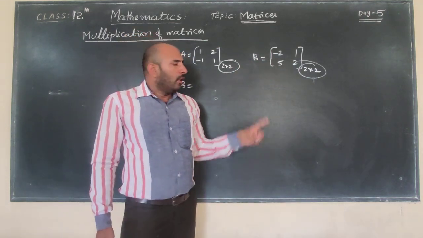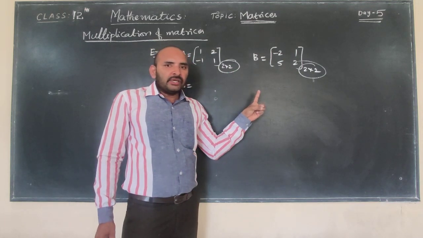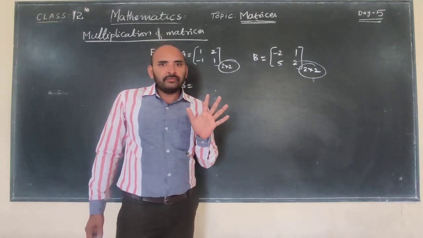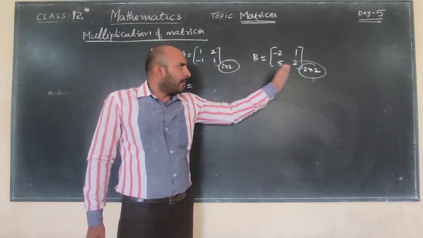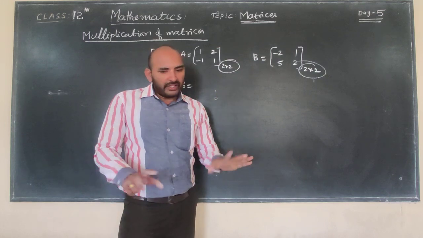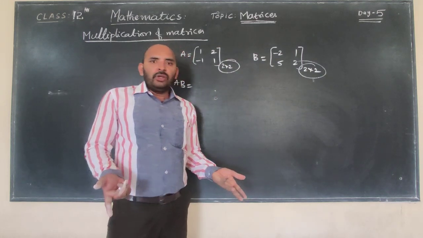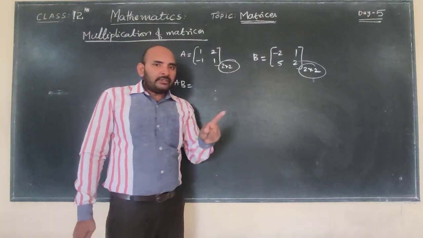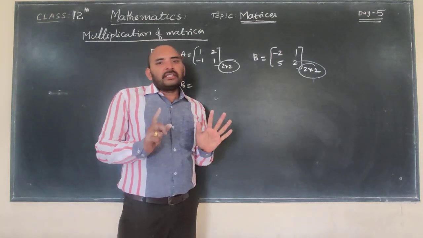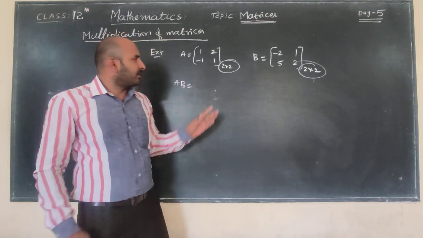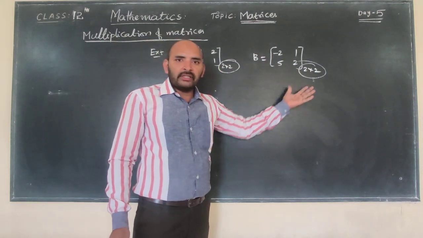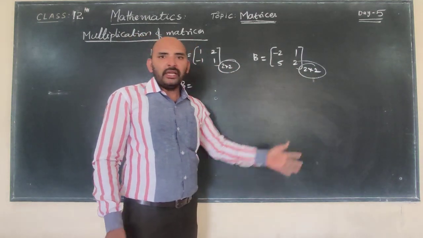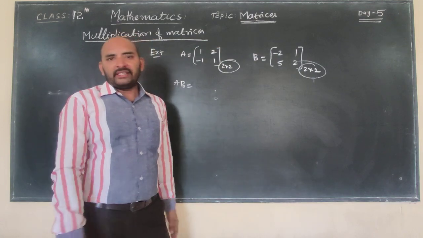But be careful, when you multiply two matrices, we have to identify whether the product exists or not. Check whether the number of columns and number of rows are equal or not. If equal, the product is possible. If not equal, the product is not possible. When square matrices are given, the product exists. So a 2 by 2 matrix with another 2 by 2 matrix is possible. A 3 by 3 with a 3 by 3 also exists.